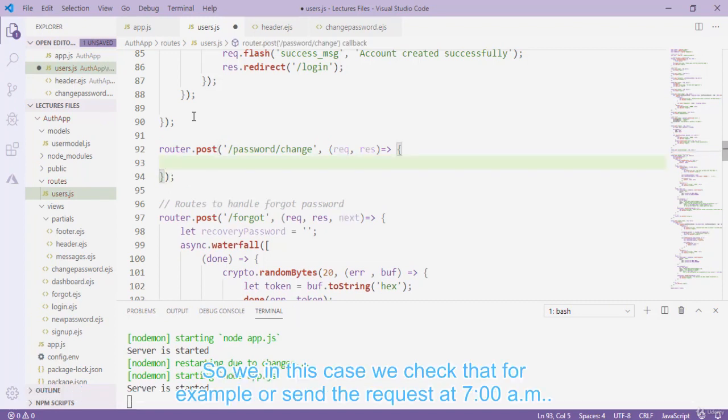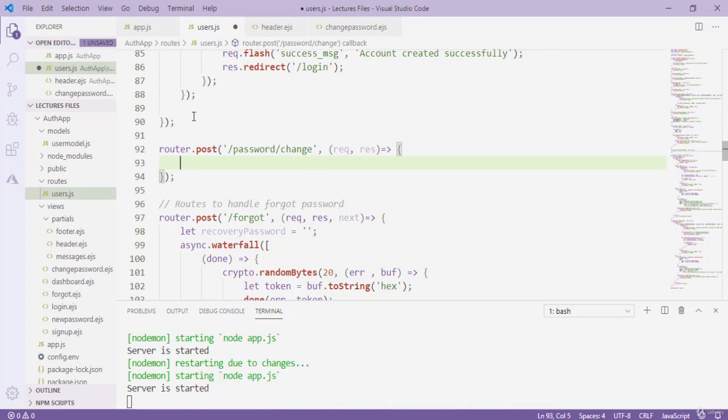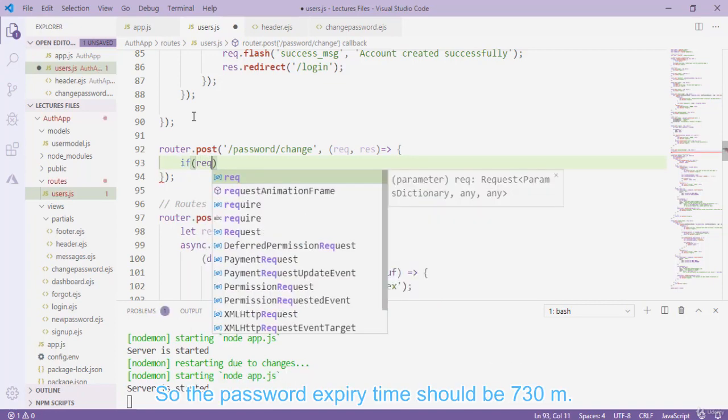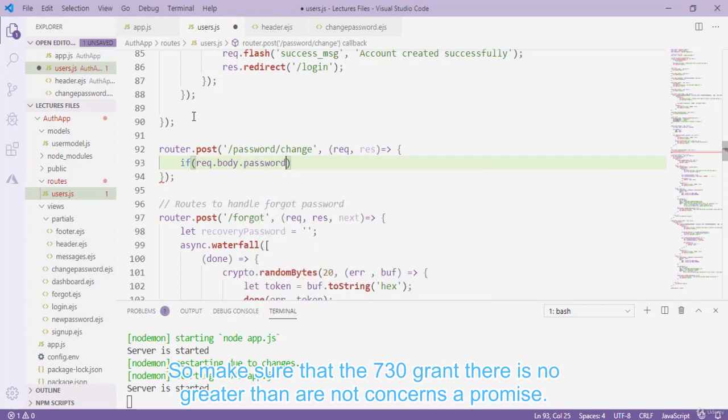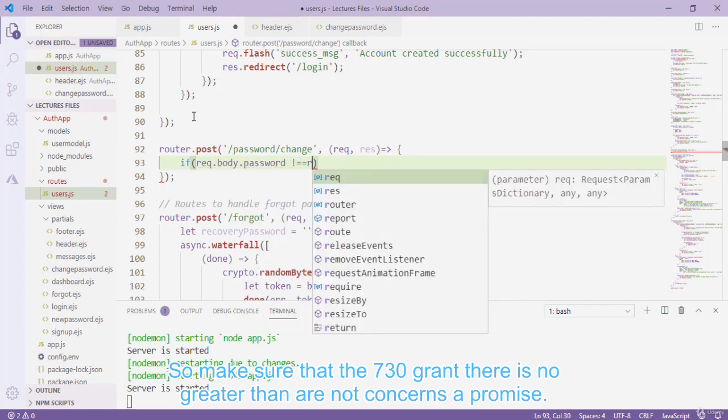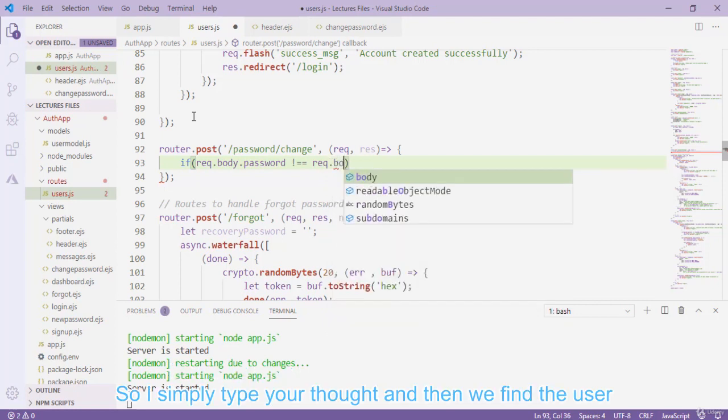And I simply first of all check that both the fields have the same password. So I simply type here if request.body.password is not equal to request.body.confirm password,